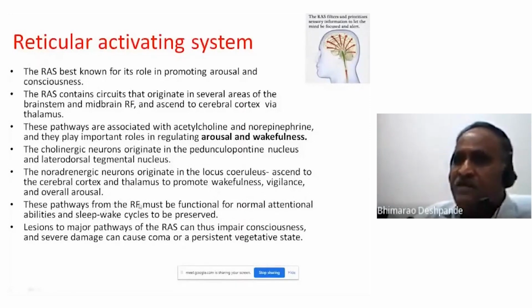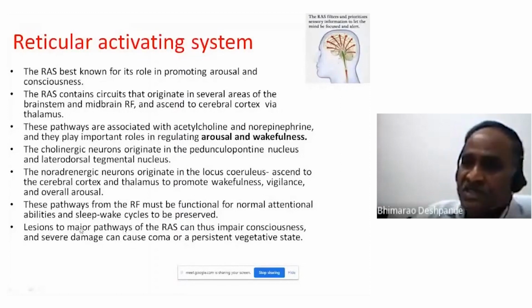These pathways from the reticular formation must be functional for normal attentional abilities, that is the sleep-wake cycles, to happen. Lesions of this reticular activating system